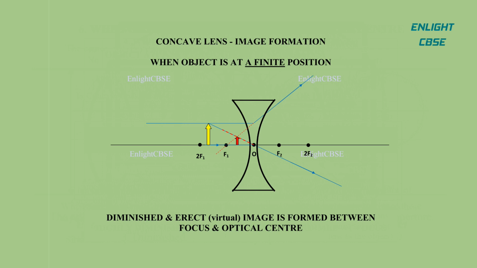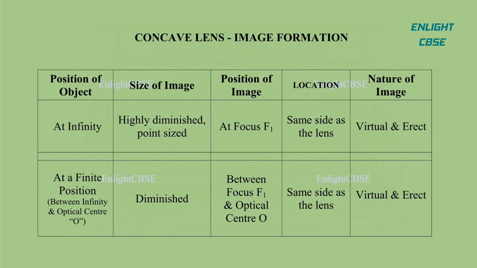When object is placed at any other finite position, a diminished, erect and virtual image is formed between focus and optical center. Let's repeat. In a concave lens the object can be placed at just two positions, either at infinity or at a finite position. When object is placed at infinity, a highly diminished image is produced at focus. When object is placed at any other finite position, a diminished, erect and virtual image is formed between focus and